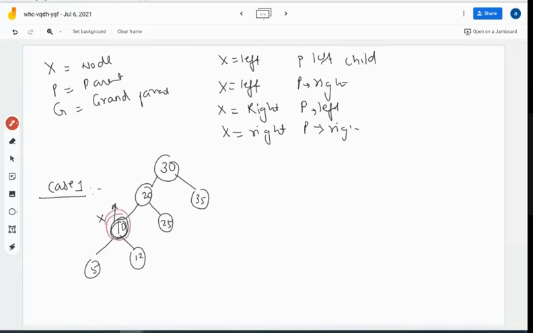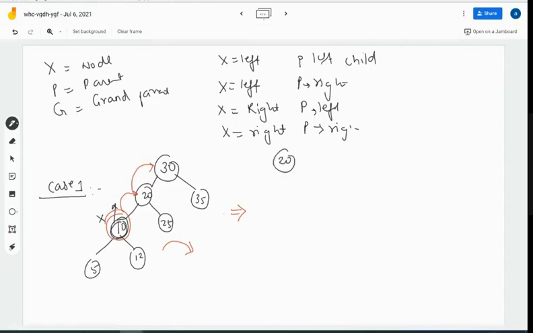Now this has a parent as well as a grandparent. So what am I going to do? I'm going to do the operation in this way. A rotation will be performed such that the node to be searched will come to the top. The remaining operation is the same as in a binary search tree. So what will happen when I do the first rotation? 10 will come to this point and 20 will move up, right? And 30 will come towards the right. So it will be somewhat like this.